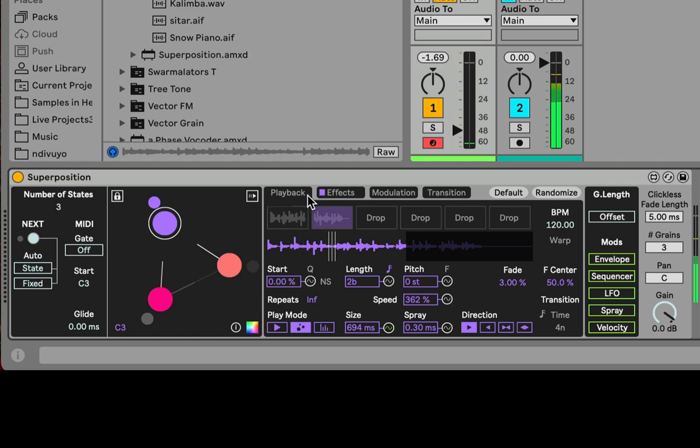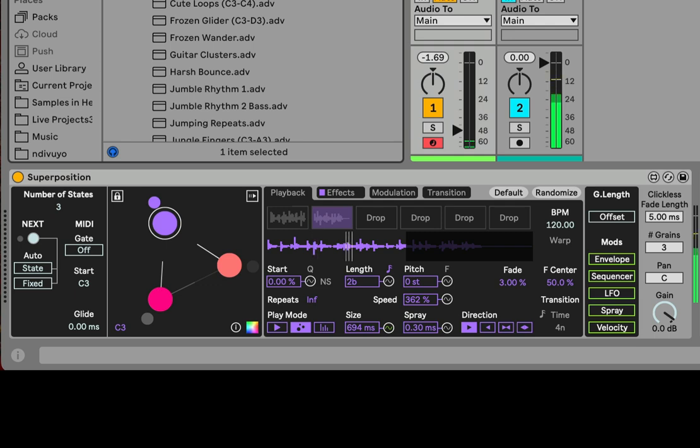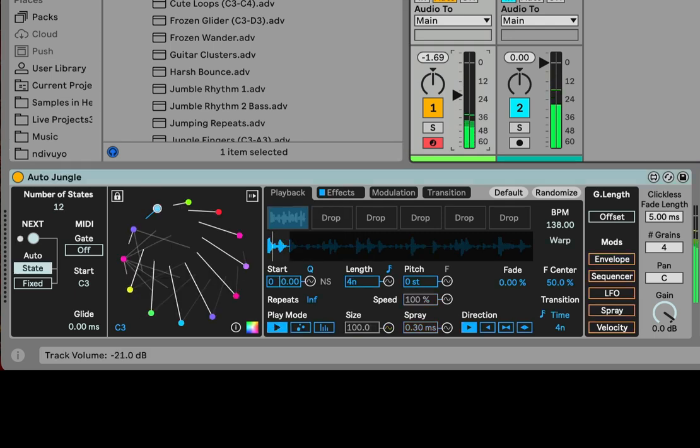This device is really open-ended. Check out the teaser video. Reach out to me if you want to know more about it. You can, like I said, make jungle with this. Let me just show you that real quick. It's not a great preset, it's a simple one, but you can see here, sorry, the sample's dropping. You can see here in this preset,